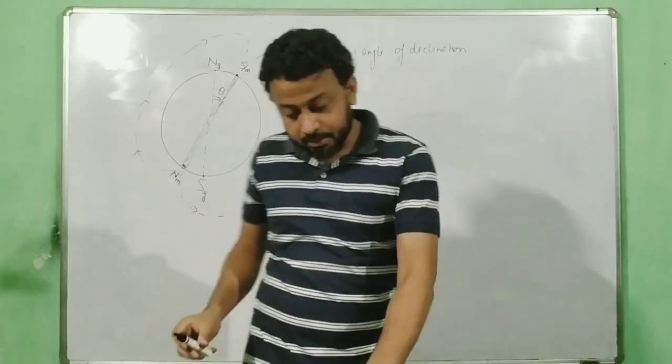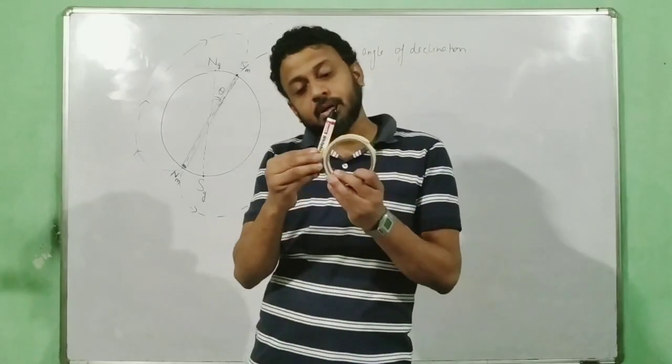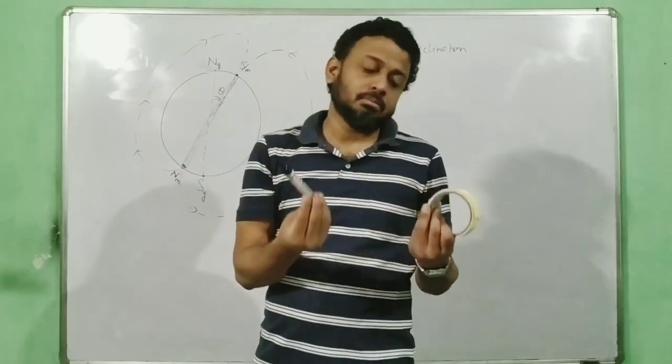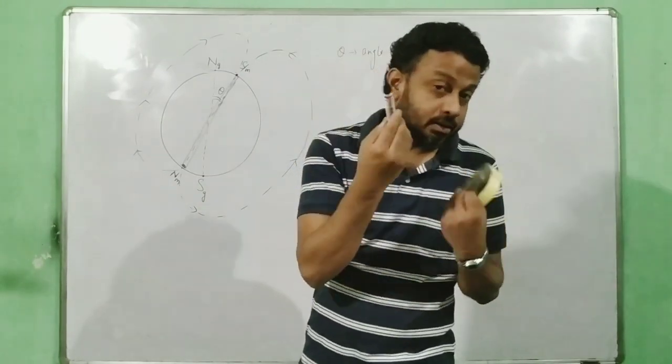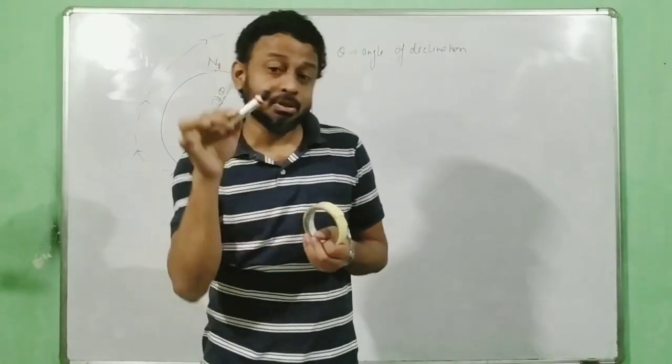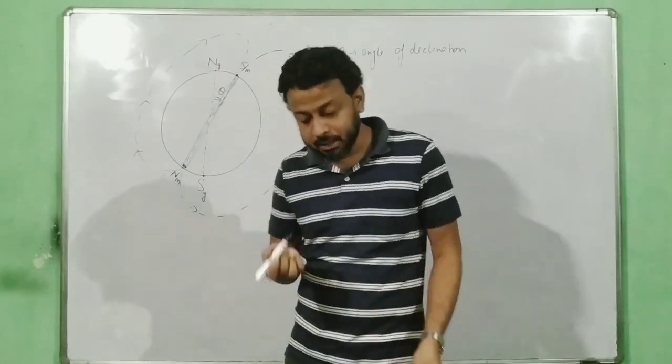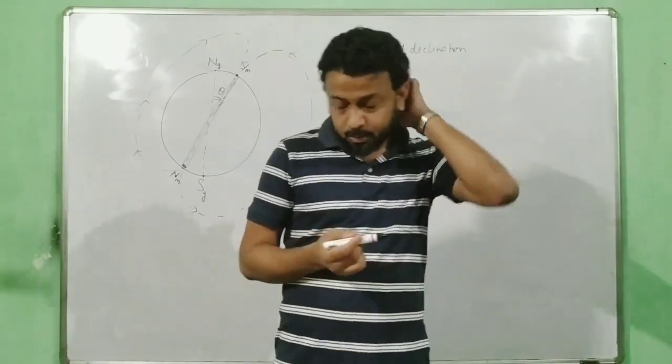See, if you see here, I'm saying that the Earth's field is like this, correct? Earth's field is like this. But we are going to define a term called dip. Dip means always like dip. What is dip? The magnetic needle. So if I consider a magnetic needle, the needle will have a north pole and a south pole.